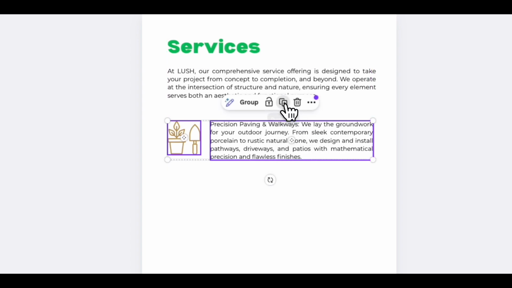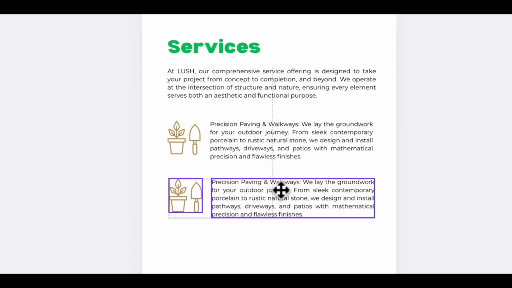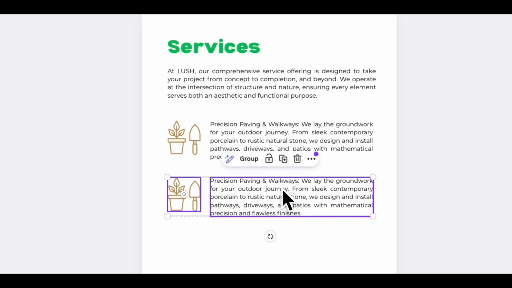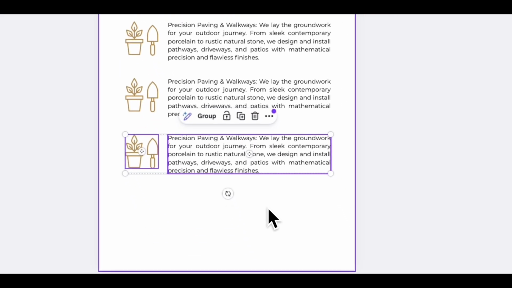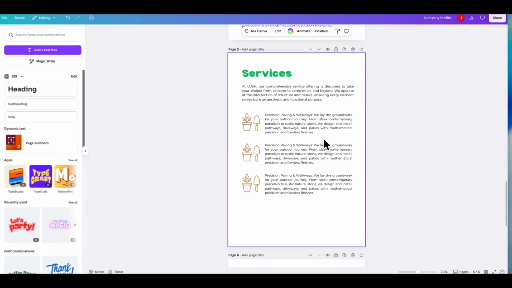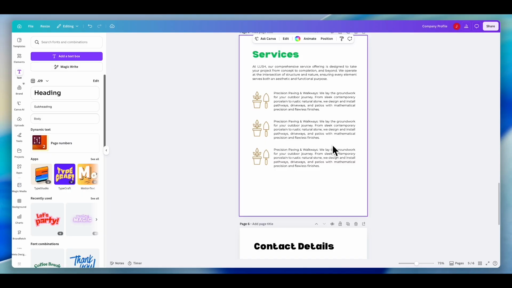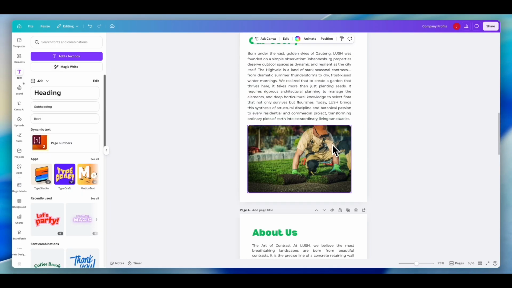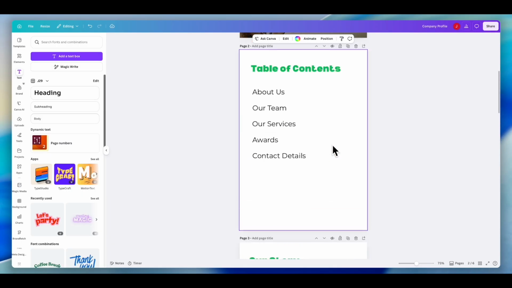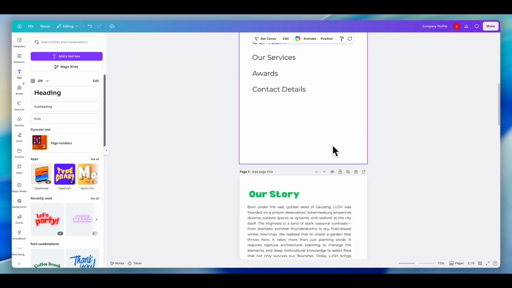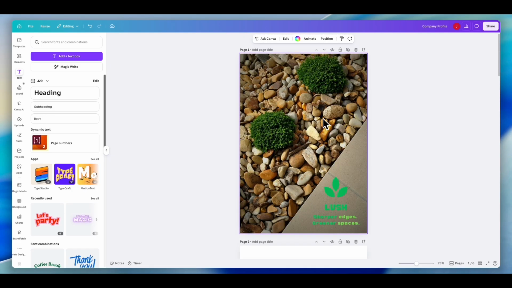And you could just duplicate this section. So you could add all your services one by one, yeah. And then your contact details page, you can just add in your contact details. I think it would be nice to add a few more images, but if you look at the previous profile